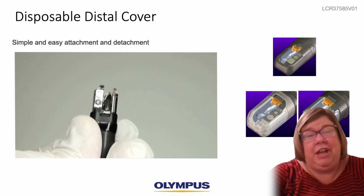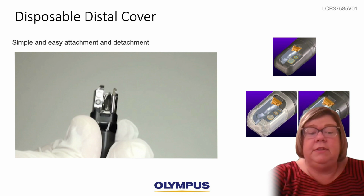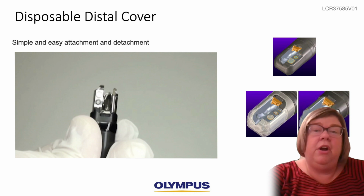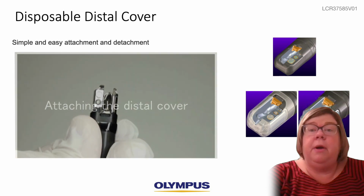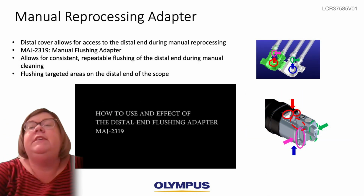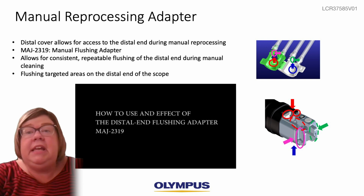It's 2020, change is inevitable in the medical field, and we like things that change for good to make the life of the nurse and the tech significantly better and help to make our time more beneficial with our patient. The last feature of the TJF Q190V that I want to show you, without stealing any of Eric's thunder